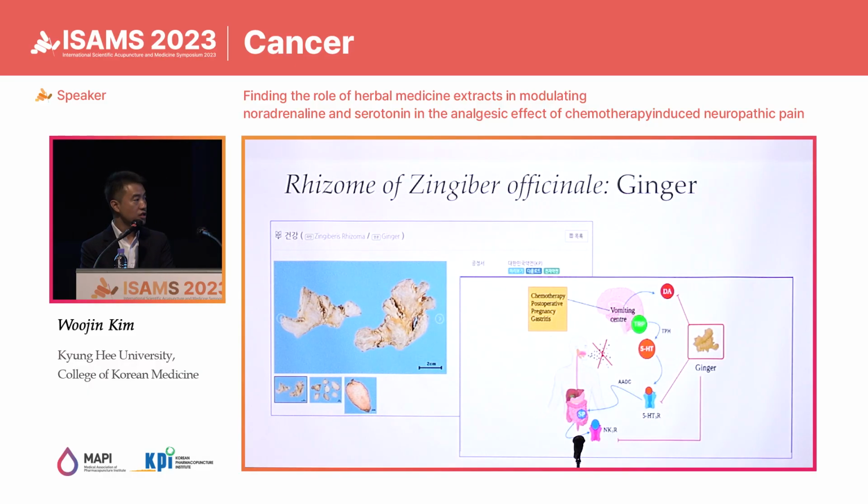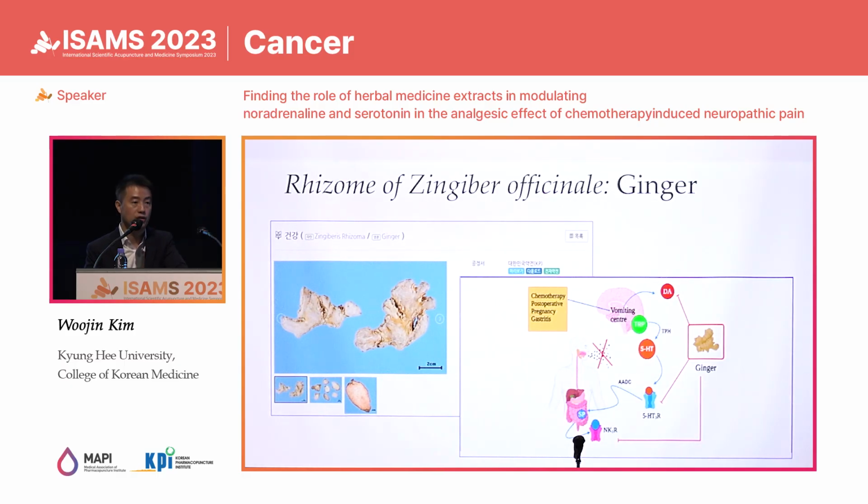And ginger is known to act on digestive problems, and especially for nausea and vomiting. And it acts as a serotonin receptor inhibitor. So I thought that there would be a lot of research on ginger and pain, but to my surprise, there was almost no paper on ginger and neuropathic pain. Including the ginger and its subcomponents, I could only find less than 10 papers on the